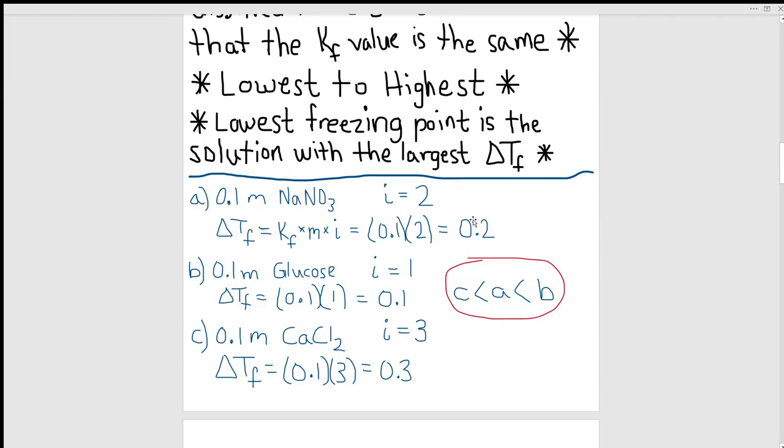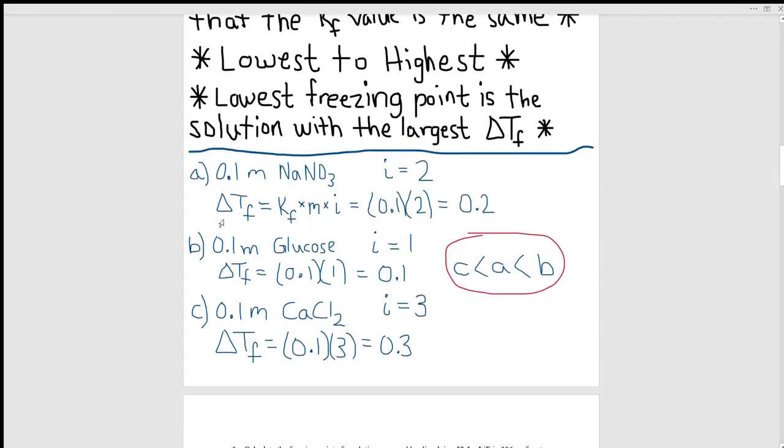Plugging those in, 0.1 times 2 is equal to 0.2 for the delta T sub F value. When we look at part B, we're looking at glucose now. Glucose has a molality of 0.1,